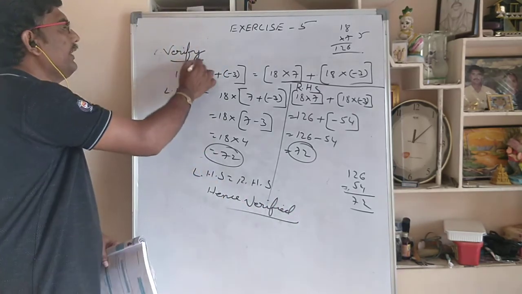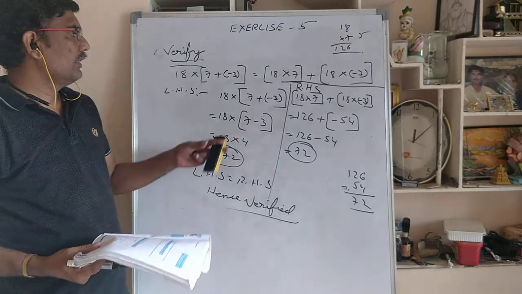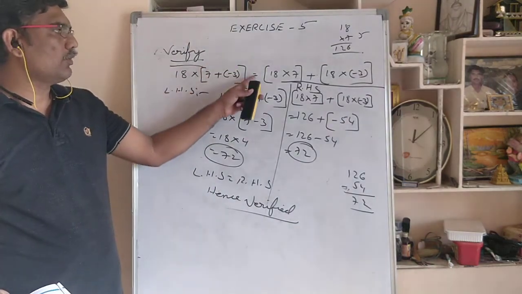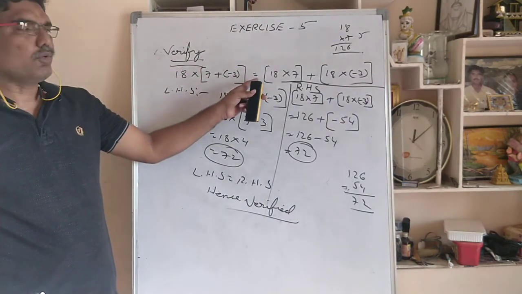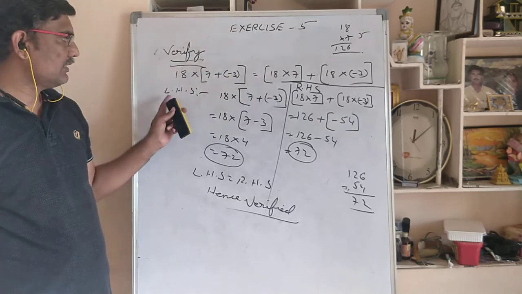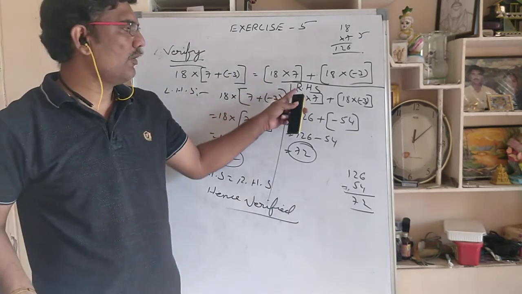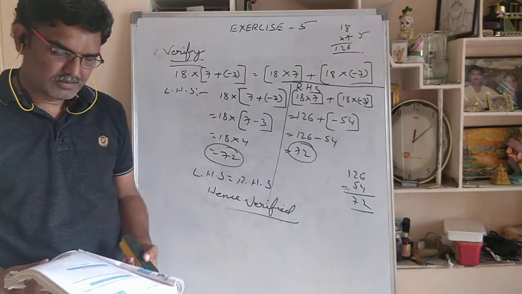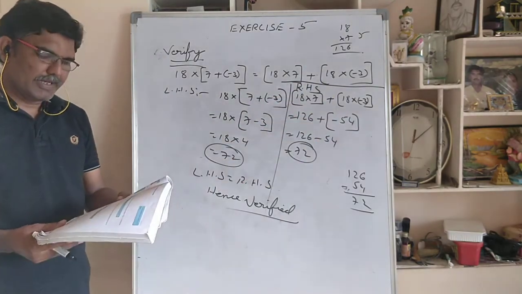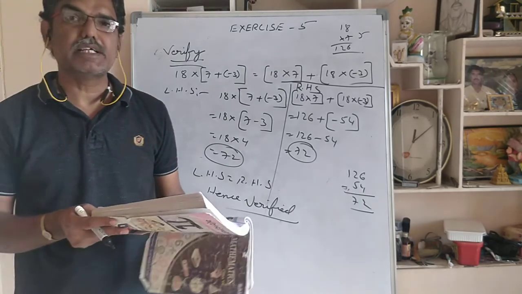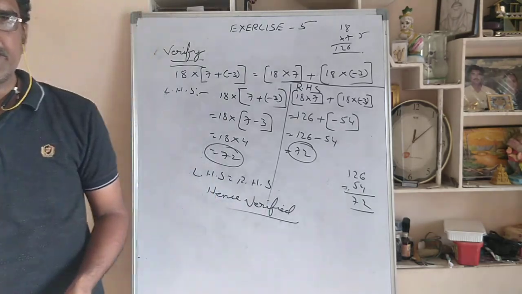Like that, if you see verification, an equal sign will be there. The left side is called LHS, full form is left hand side. RHS full form is right hand side. Okay. So the remaining ones you try and we'll see in the next class. Okay. Thank you.